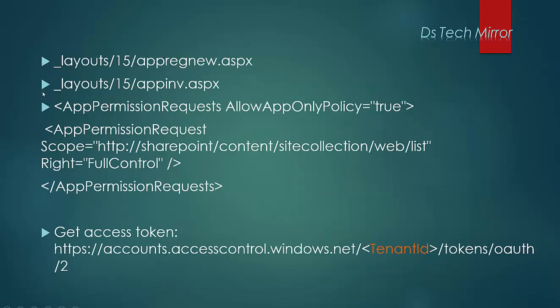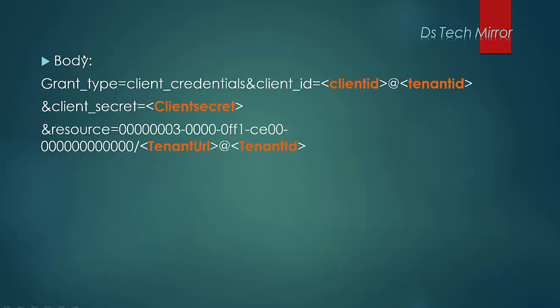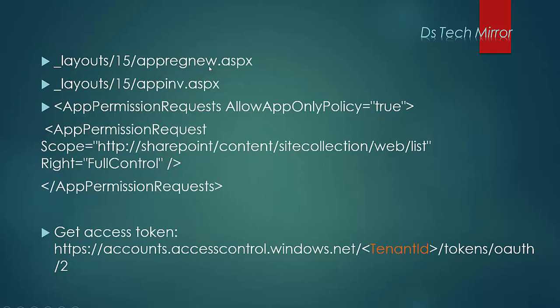So in short, I have created a slide for you for all the important points which you can use when you try at your end. You will use this URL app.origin. In this you will register your add-in. From here you will generate the client ID and the client secret, keep it separately and safe with you. In this second step, app.inv.aspx, in this you will enter your client ID and it will generate the app details for you, and you will give permission to your app using this XML, the below XML you can see.